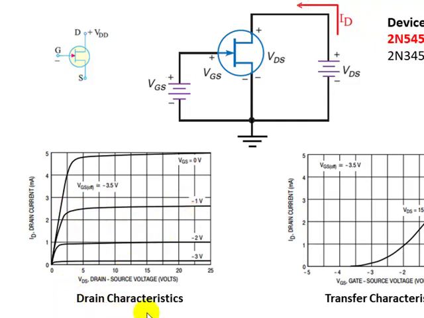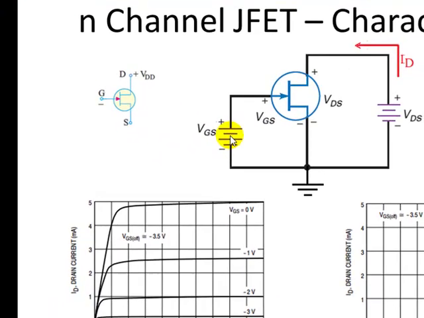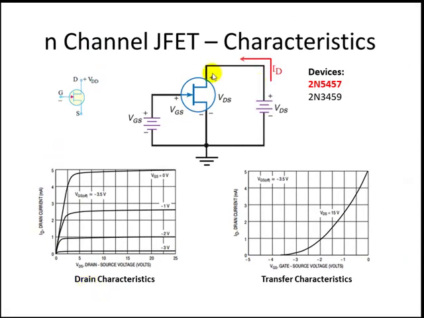This is how drain characteristics looks like, and we shall apply positive voltage to VDS and negative voltage to VGS. If VGS is 0, the device is on. To turn off the device, we shall apply negative VGS. However, in the circuit, positive is represented this side, but when we specify the voltage, we will specify negative voltage. So drain characteristic relates voltage across the device, that is VDS, and current flowing through the device for different values